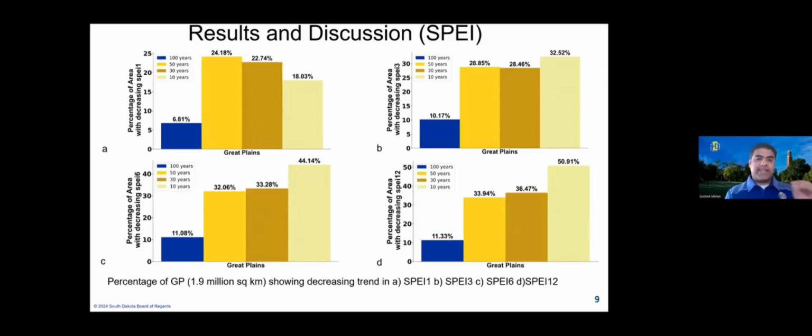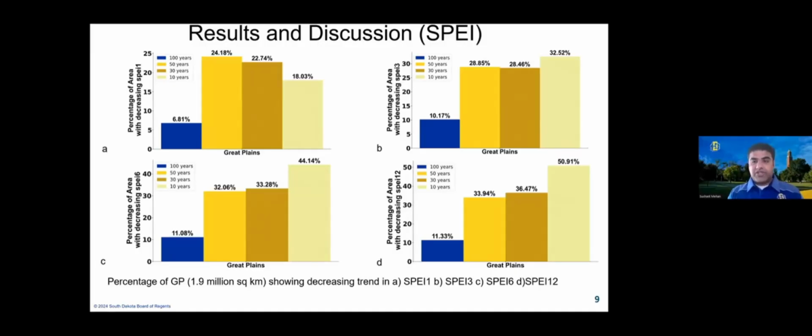The focus on each chart corresponds to different SPEI timescales. So SPEI 1 and 3 correspond more to meteorological drought. SPEI 6 is more agricultural drought prone. SPEI 12 is a hydrological drought indicator. So starting with chart A, we observe that over a period of 100 years,